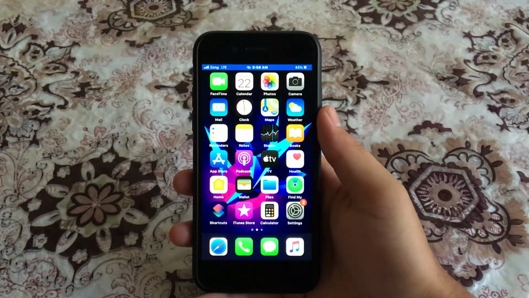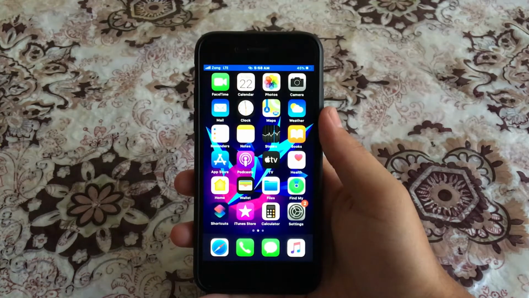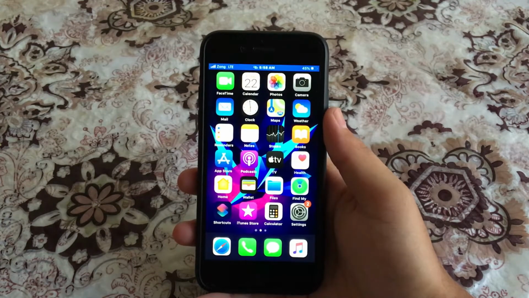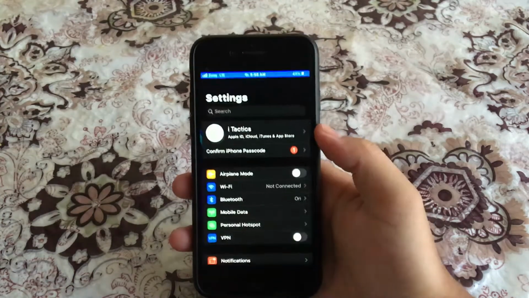The first thing I want to talk about is messages. Now, by default, we know that on the iPhone iMessage is the primary messaging service, but sometimes Apple servers and iMessages drop and fail to deliver any message when that service is down. So under messages,